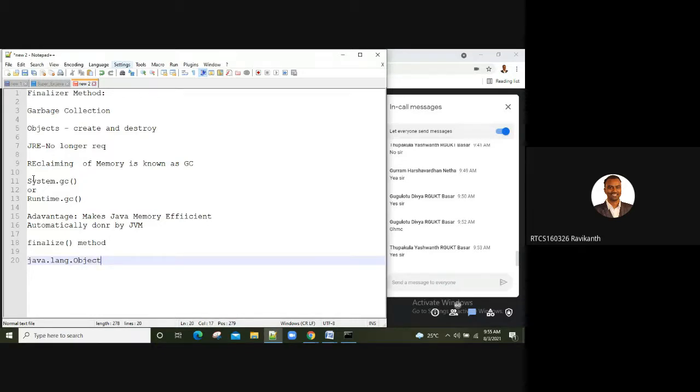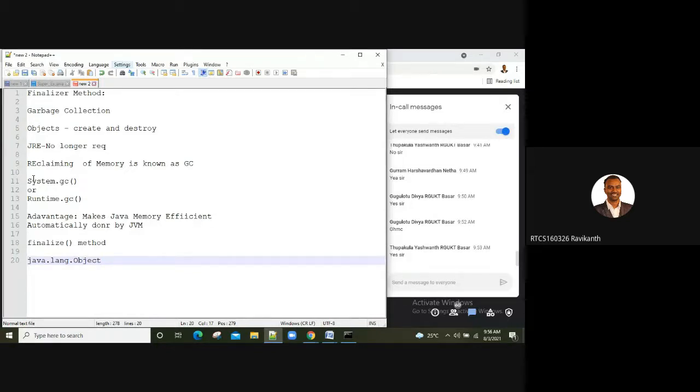Please understand, before an object gets garbage collected, the garbage collector gives the object an opportunity to clean up, in the sense, make free, by calling the finalize method. This process is known as finalization.